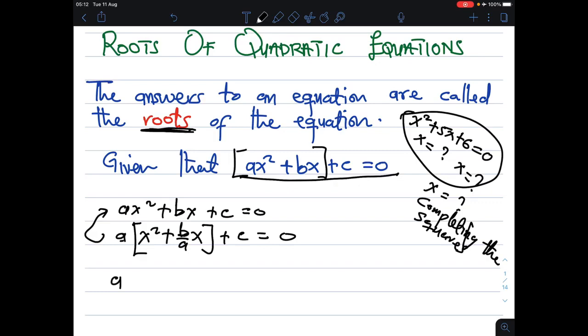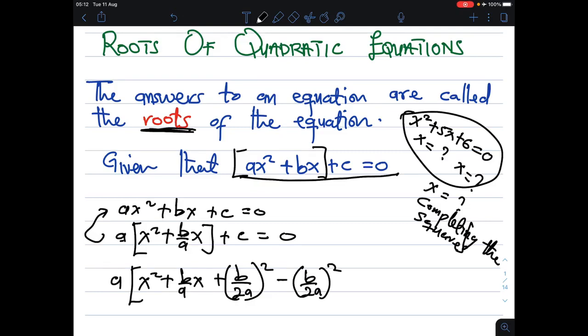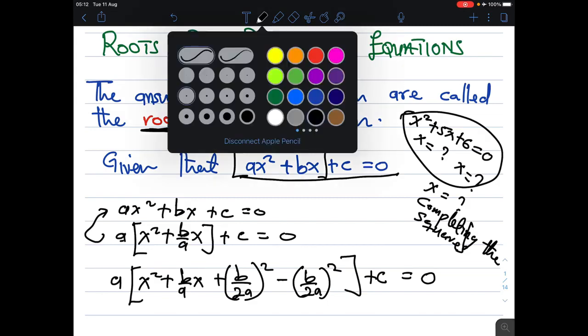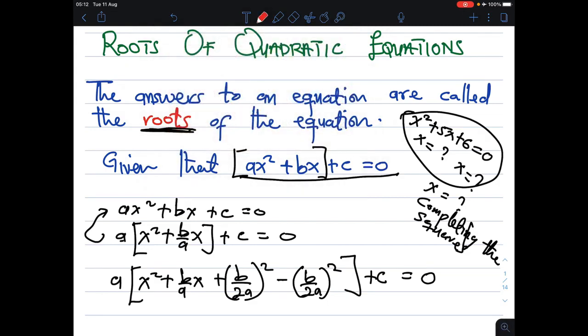So that will be a out, x squared plus b over a x. Then we take half of this, that will be b over 2a, then we square it. Okay, so now we've added. Now let's subtract the same thing. So we will subtract this, plus c equals 0. So the argument I was making was that since we added this and subtracted that, we haven't changed the equation, like we've added 0. Okay,